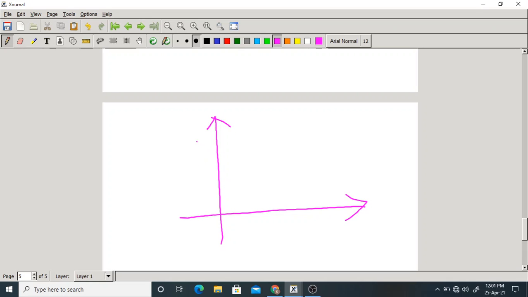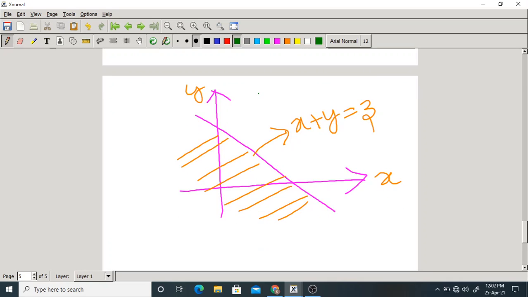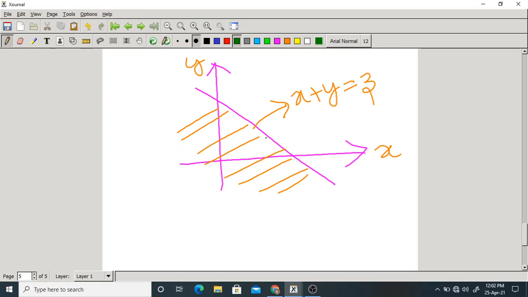In the same diagram, you can take a vertical strip. This is the region of integration. This is a line indicating x plus y equal to z. This is x, this is y. Now I will take a vertical strip somewhere here. We should integrate over this strip along what axis? The y axis. From where to where? Y varies from minus infinity to, what is y at this point? Z minus x.